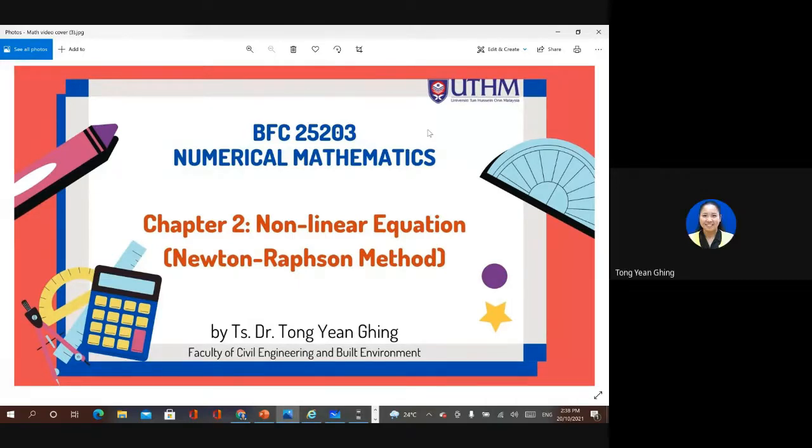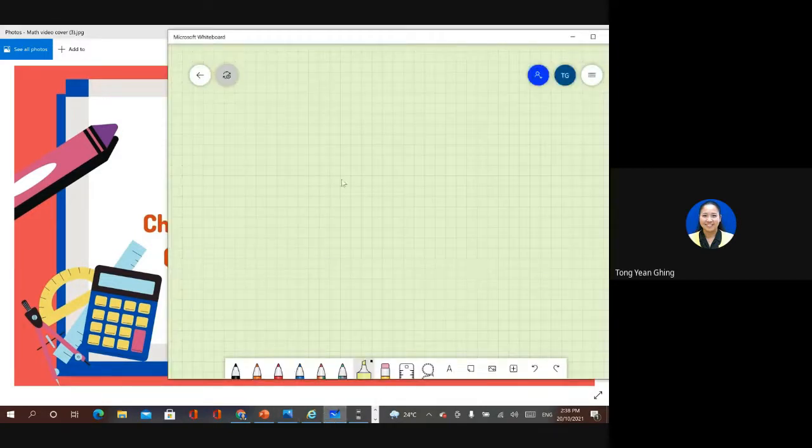Okay, so this is the third method. Before this you learned about intermediate value theorems, and then the second one is bisection method, and this is the third method, which is Newton-Raphson method. So we can continue with this method. Basically this Newton-Raphson method,